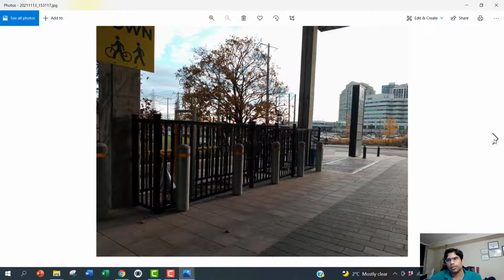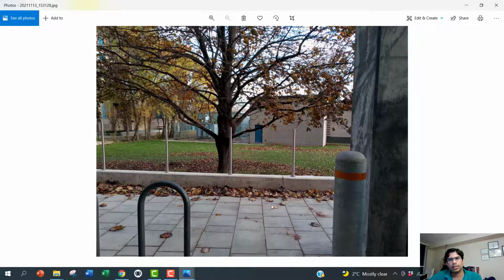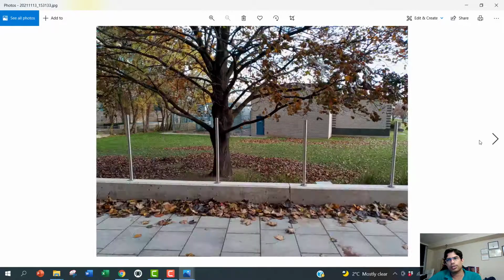This is another photo. This is a little bit dark. And this is a different set of bollards. And you can even see in this photo the reinforced concrete continuous strip footing. And these are the small bollards, and you can even see the reinforced concrete footing under it. So I'll go to the next one.